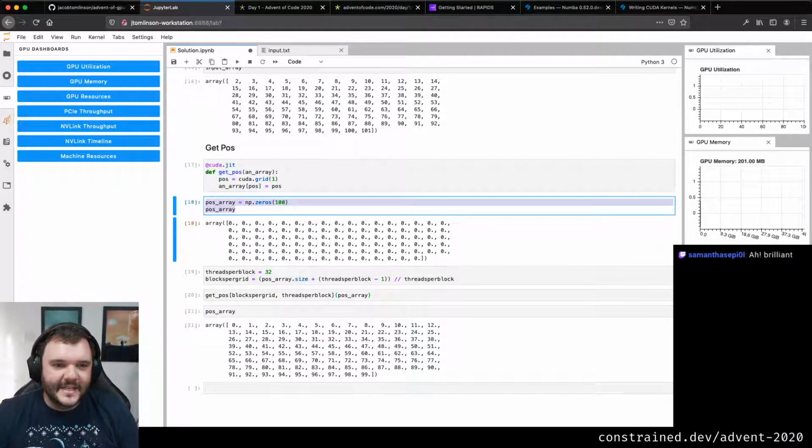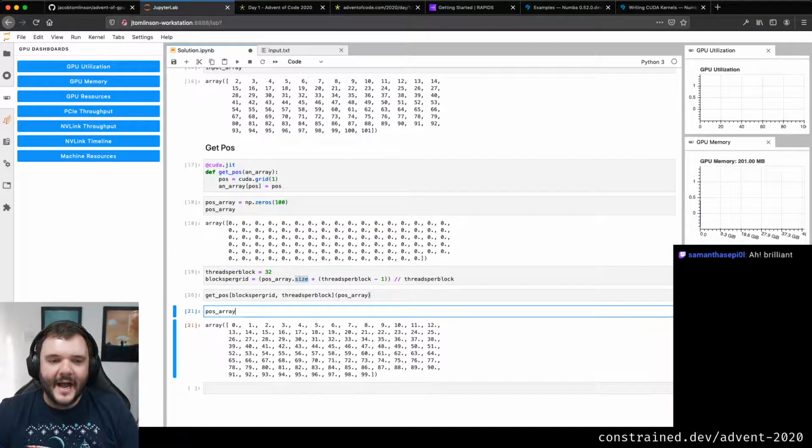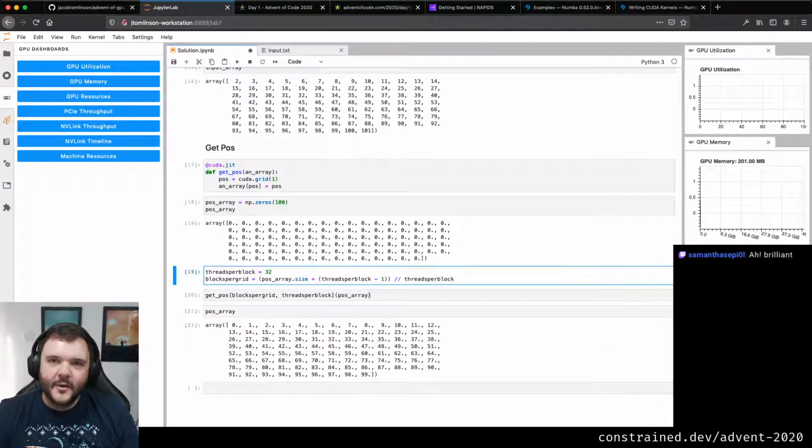So I'm constructing these arrays on the CPU, then I'm messing with them on the GPU, and then I'm looking at them again on the CPU. And it's because Numba's doing this intelligent copying for me. Now this is super helpful in this situation, except what if I wanted to do something to my array and then do something else to my array and then something else each time? If I keep using this workflow, it's going to keep copying it, right? It's going to copy it to the GPU and back again every time I call the function, right?